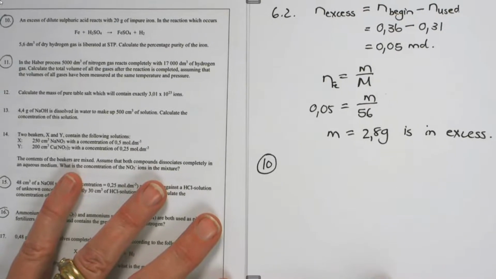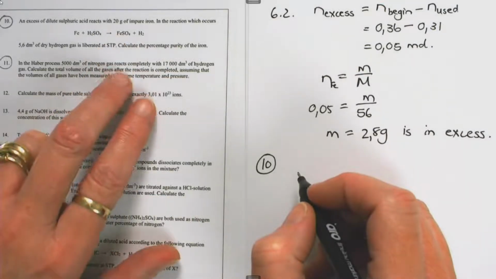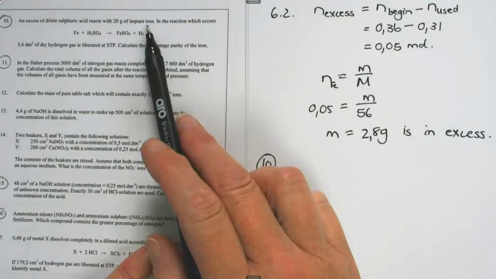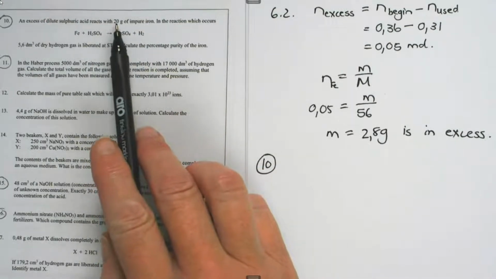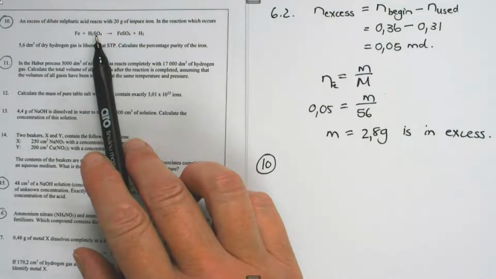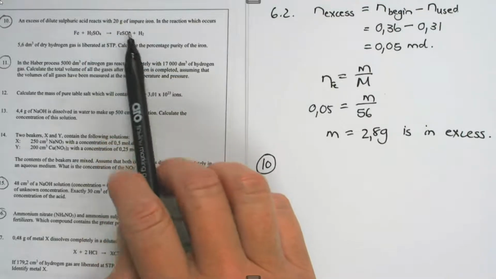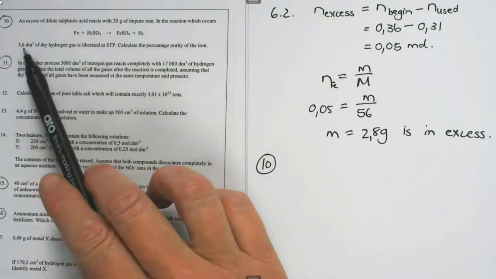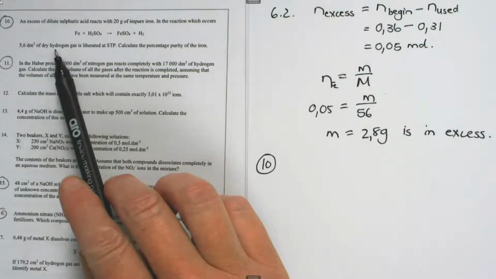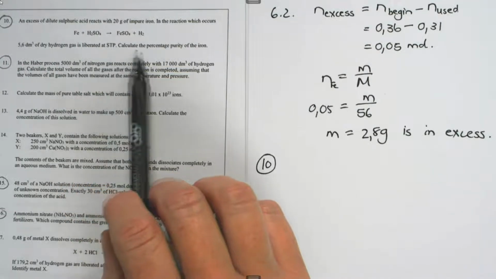An excess of diluted sulfuric acid reacts with 20 gram of impure iron. Okay, if they say it is impure iron, I don't know what is the impurities. So please make sure, whatever that impurity is, it didn't react with the H2SO4. But now I must leave that 20 gram. I'm not going to do anything, I'm going to ignore it now. In a reaction which occurs, 5.6 cubic decimeters of dry hydrogen gas. Dry hydrogen gas means it only contains hydrogen gas and no water, is liberated at STP, calculate the percentage purity